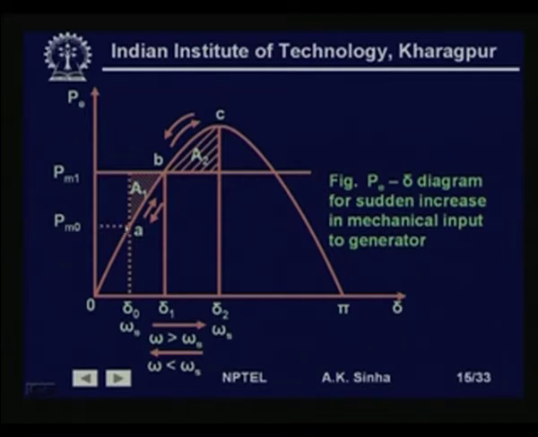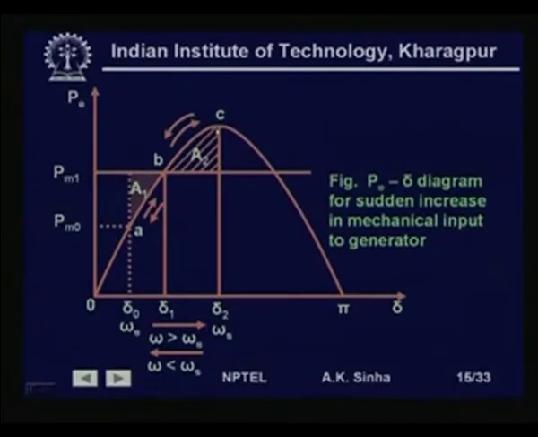That is what we have shown here. P m 0 is equal to P E 0 and the power angle is delta 0. Now, suddenly we have increased the mechanical input to P m 1. As we have seen, the rotor is going to accelerate. When it reaches this point, the speed is still beyond synchronous speed. So, it will keep moving further, where when it reaches point C, the speed becomes equal to the synchronous speed,